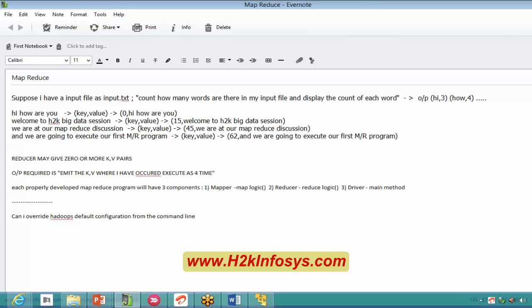We can override whatever was defined by the admin. There are different ways of overriding. One of the ways is we can override the Hadoop default configuration from the command line. For that, I will use a class called ToolRunner. ToolRunner is a class which will let you know